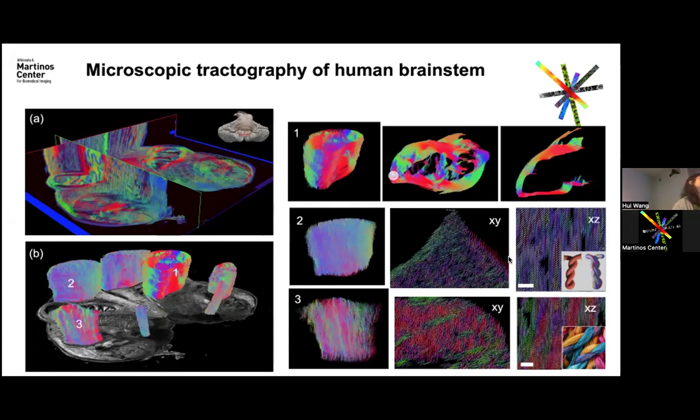That's a very good question. So far we don't have validation yet, because the only knowledge we have is from histology and neuroanatomy, how the bundles go from histology studies. But regarding individual fiber bundles, we don't really know if they really go this way. But we are getting there for a true validation, in the new project.